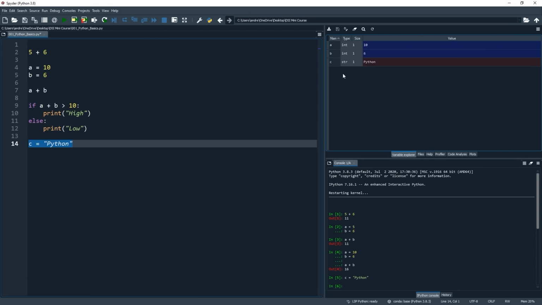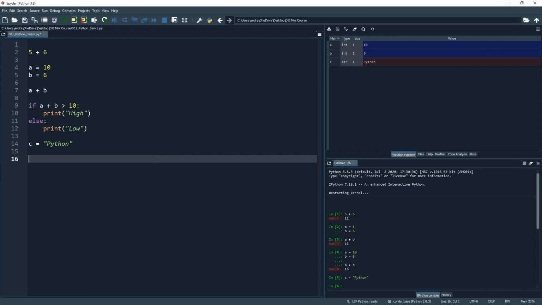Now there are a lot of cool things that you can do with strings in Python, but I actually want to keep working with numbers for now. And I want to show you that we won't always just be using one value at a time like we've done so far with the values for our A and B objects. In data science, we are often working with large volumes of data rather than just single numbers or strings, and we need some type of object, or what is often known as a data structure, to store this data in for the purposes of analysis, modeling, or visualization. There are 4 key data structures in base Python.